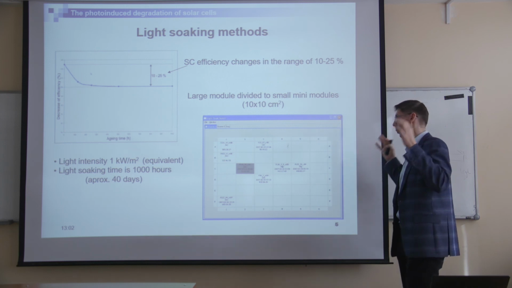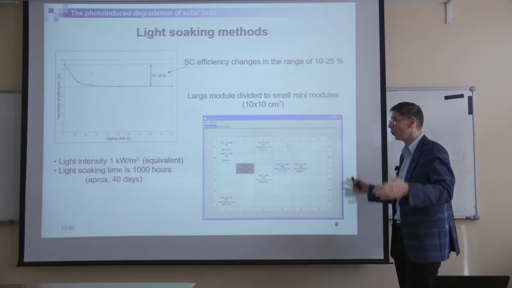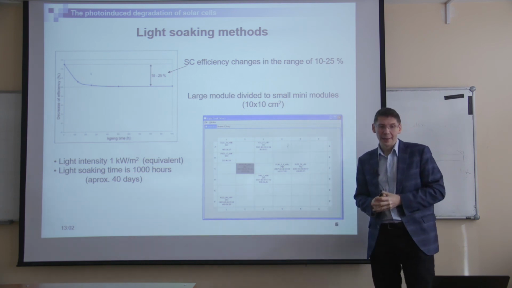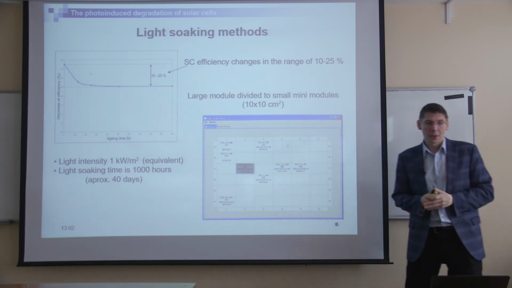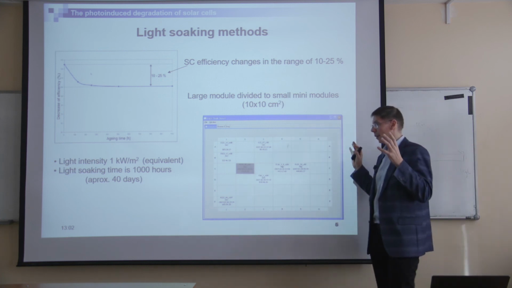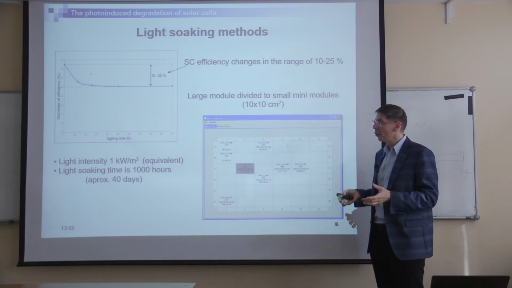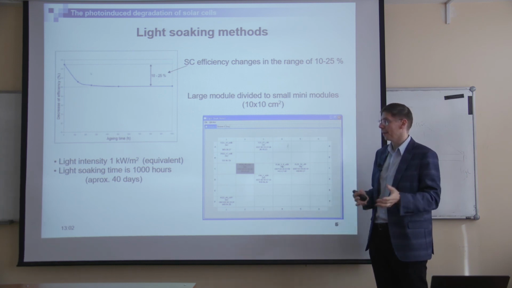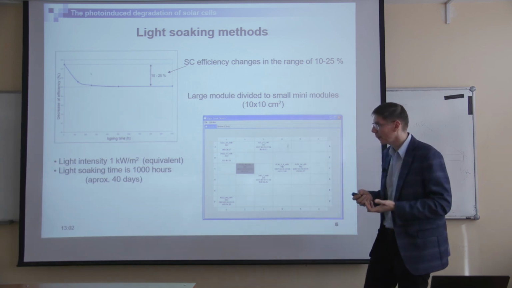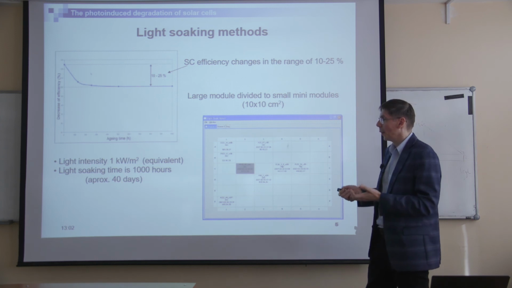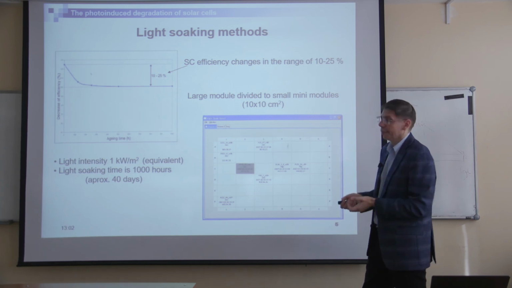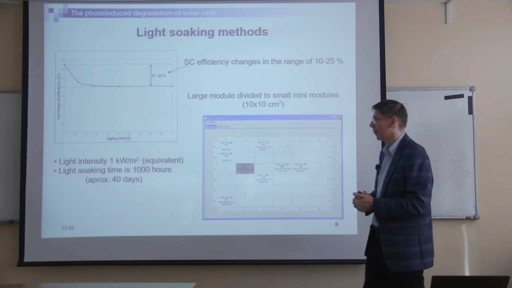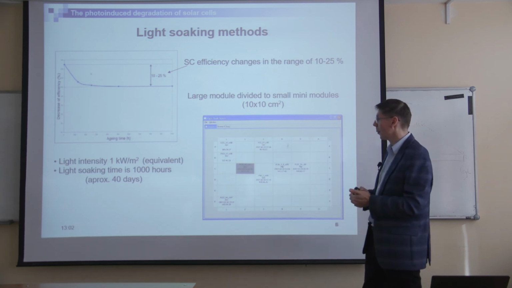Try to illuminate a large module during 40 days. As I told you, for the IV measurements of the modules, normally the flash simulator is used. So to illuminate during 1000 hours, it's crazy. But